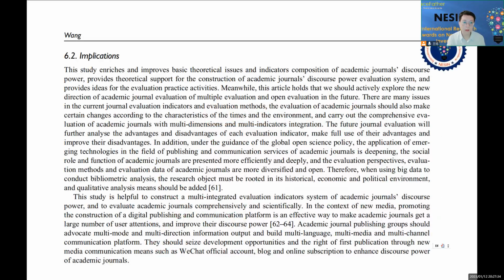This study also enriched and improved the basic theory issues and indicator composition of academic journals' discourse power, provides theoretical support for the construction of academic journals' discourse power evaluation system, and